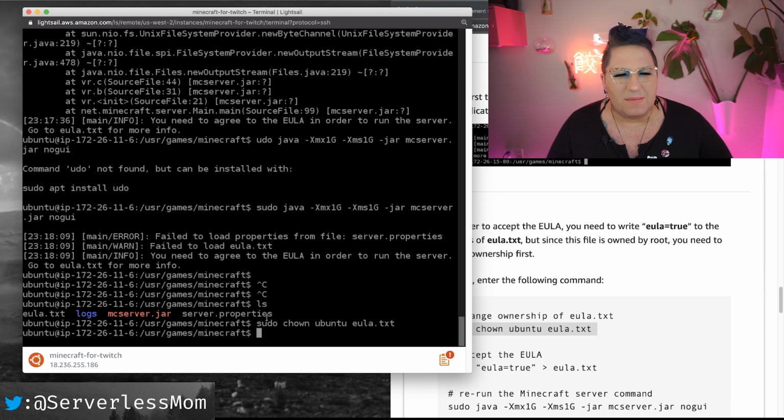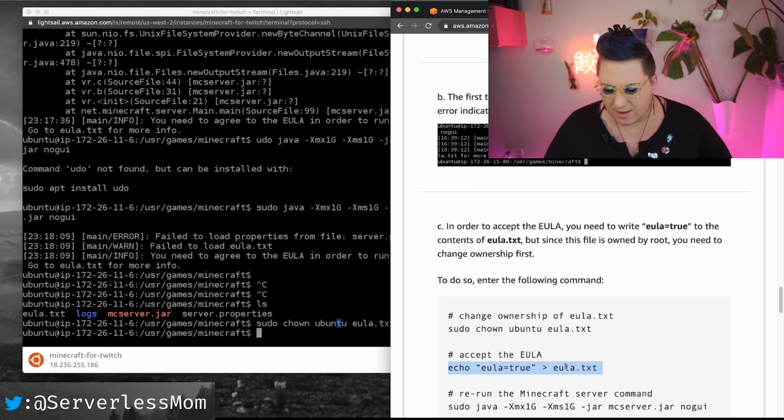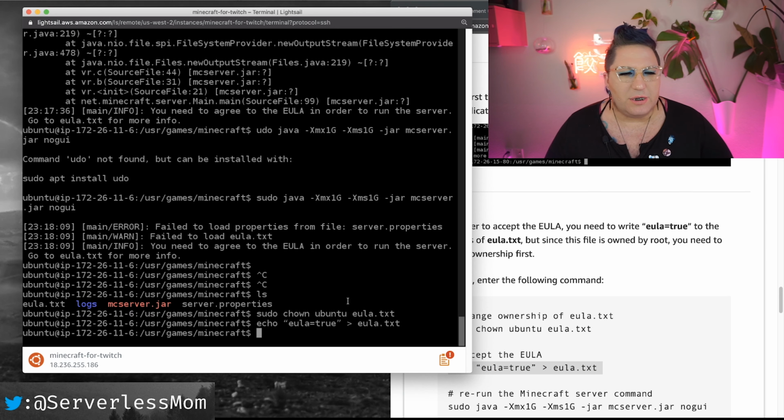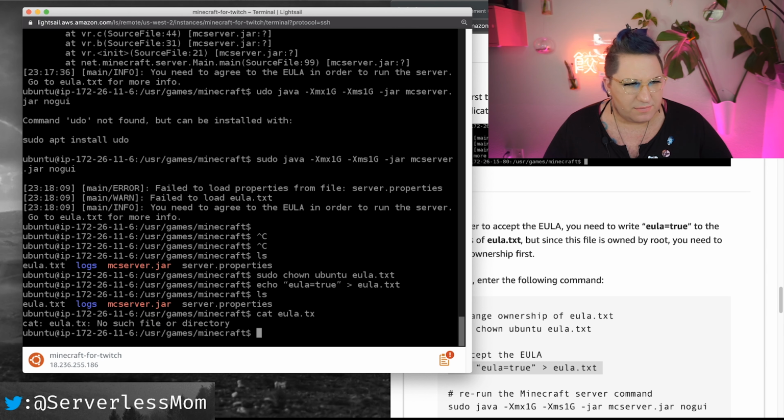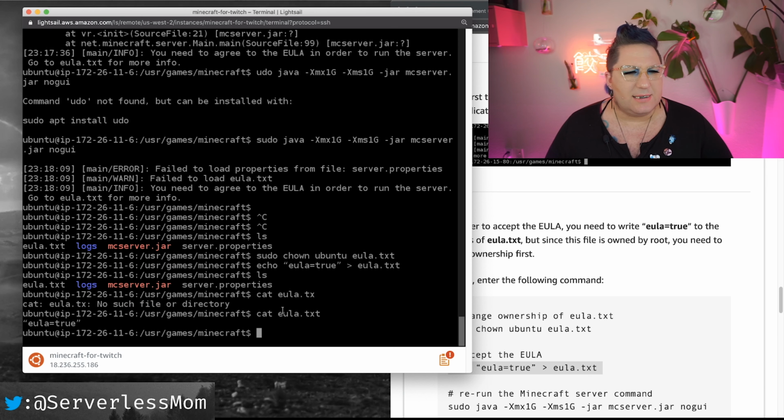So first, we'll use this command, sudo chown ubuntu eula.txt. Our default user is named Ubuntu, so this will give us the right to edit it. And then we're going to use this command, which is echo, and then we give it a string of text, eula=true, and then we send that to eula.txt. So now, if we open eula.txt, let's list its contents with cat eula.txt. It'll say, hey, inside this file, there's just the words eula=true. So now, when we give it the command to run the server,